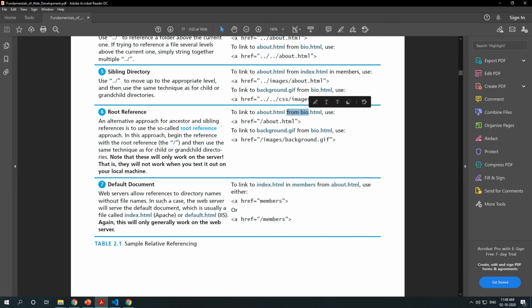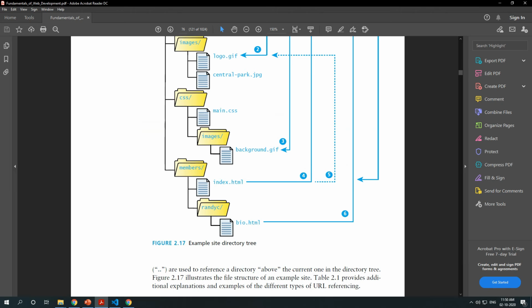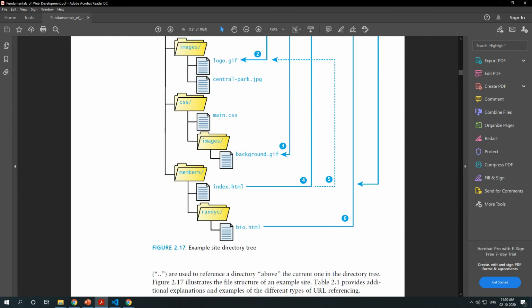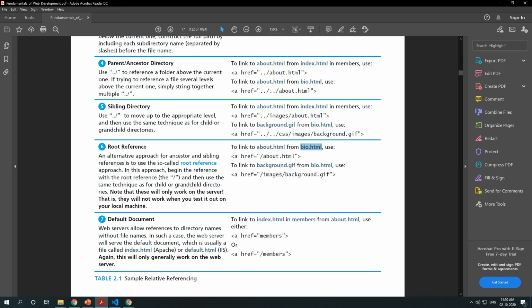You need to refer from bio.html to about.html. If you are using it like this, just about.html, using the root folder and not any dot dot operator, this will directly link. This will only work if you have installed a server.